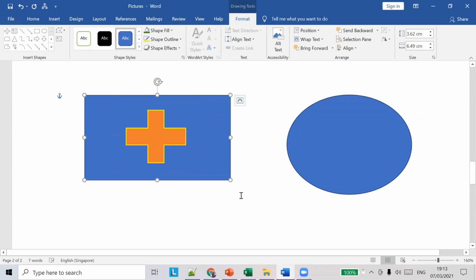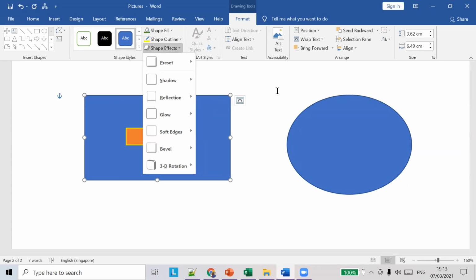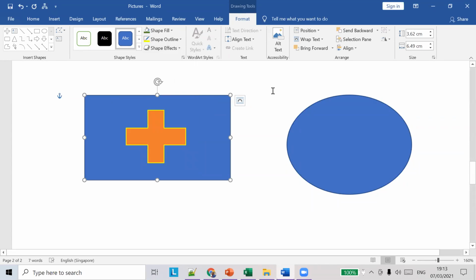So this is one type of formatting. And there are effects. Let's say I want to bring this picture to the back of this picture. Okay, there are two images in it. Okay, one is the plus sign, and one is the rectangle. So I want to bring this picture to the back, right?